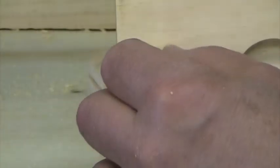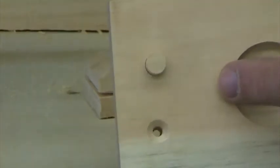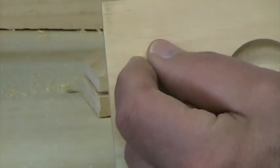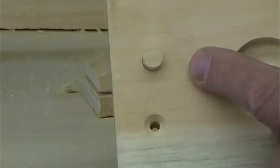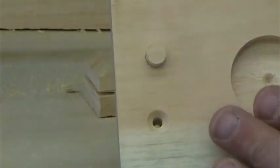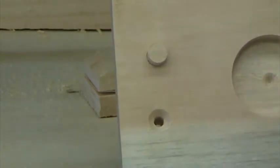Now, the nice thing about when you're cutting a plug out of a board like this, it has grain direction, so I can turn this so that the grain faces the same way as it does on my board. And once I glue this in place, let it dry, and then shave it even with a nice sharp chisel and sand it a little bit, it becomes very, very unnoticeable. I could have